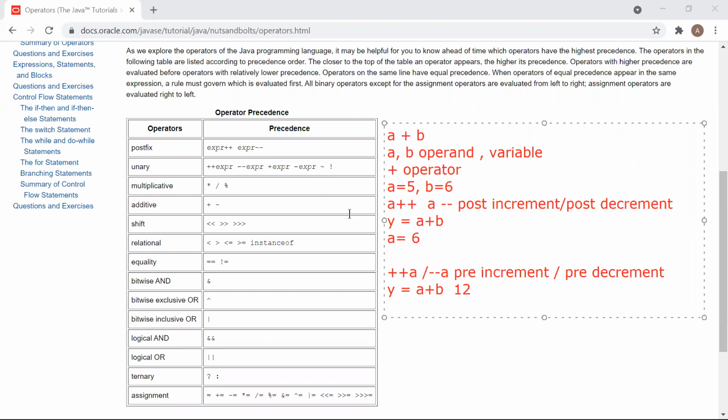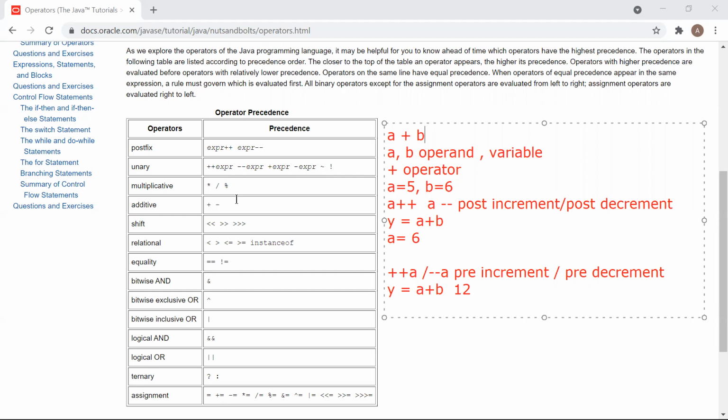And why is it called unary? Because you're working on only one variable. But when you work on two variables, they are called binary operators. Have you ever seen plus working with one variable? No, right? So plus, multiplication, division, mod operation, and subtraction, they all are binary operators. They work on two variables. And when they work on three variables, you call it ternary. There is one more ternary operator.